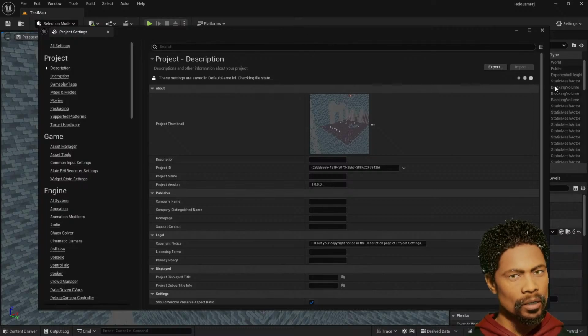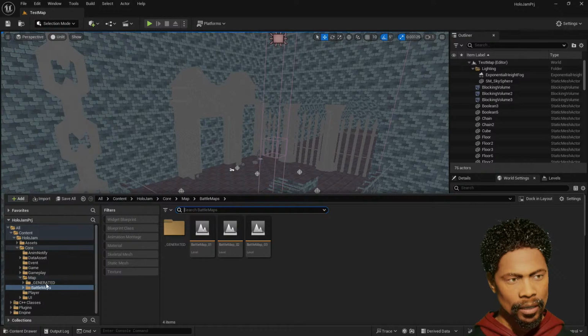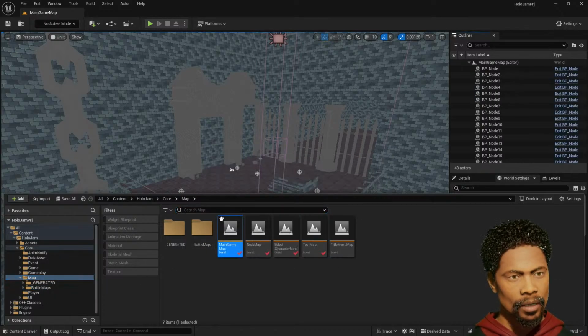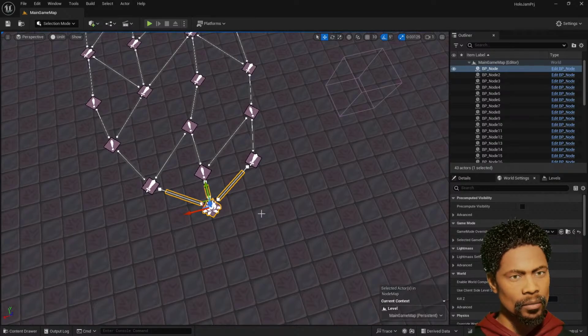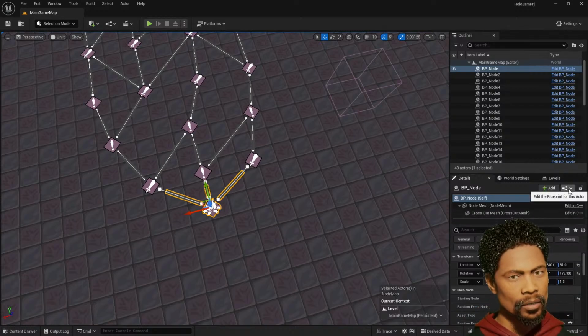Okay, so far that should be all of them. Let me go back in my map, go into main map, and make sure everything's working properly. All right, it should be working properly. Awesome. Because now most of the code from the node is actually coming...